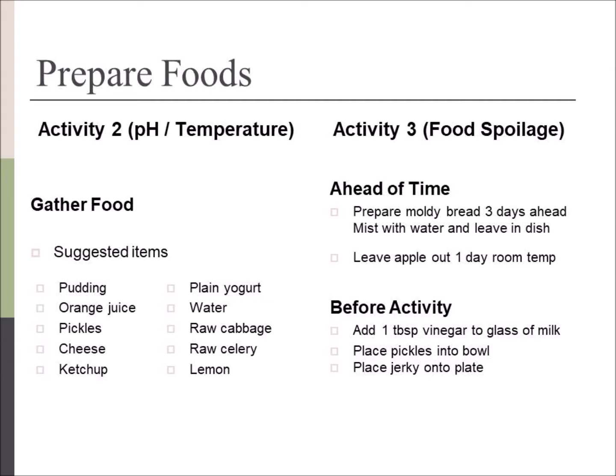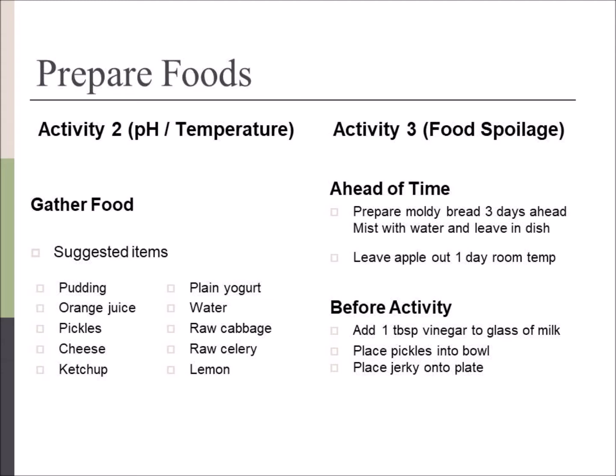To prepare the foods for Activity 2, which is the pH and temperature activities, you want to get a variety of items. Some suggested items include pudding, orange juice, pickles, cheese, ketchup, plain yogurt, water, raw cabbage, raw celery, and